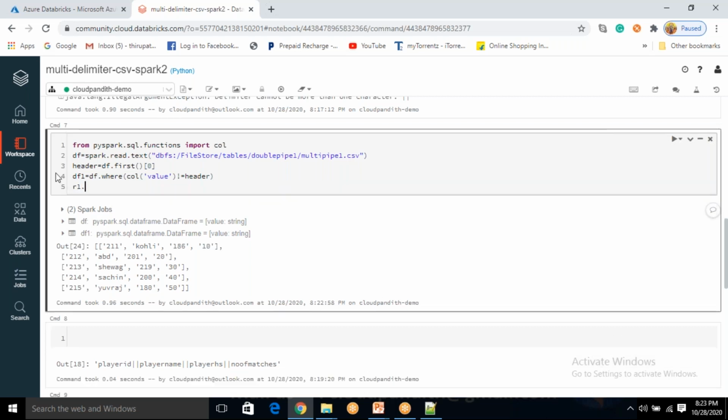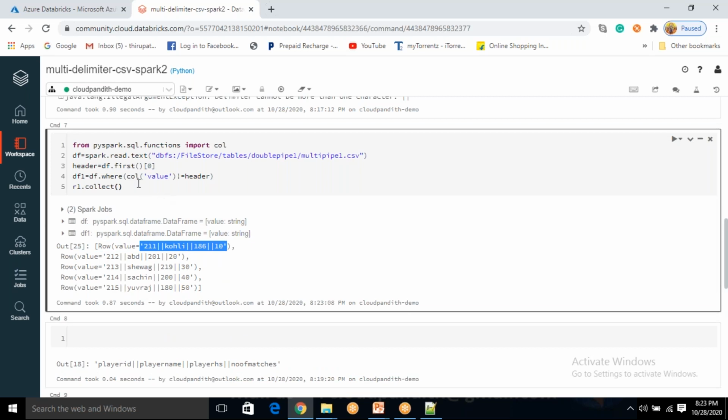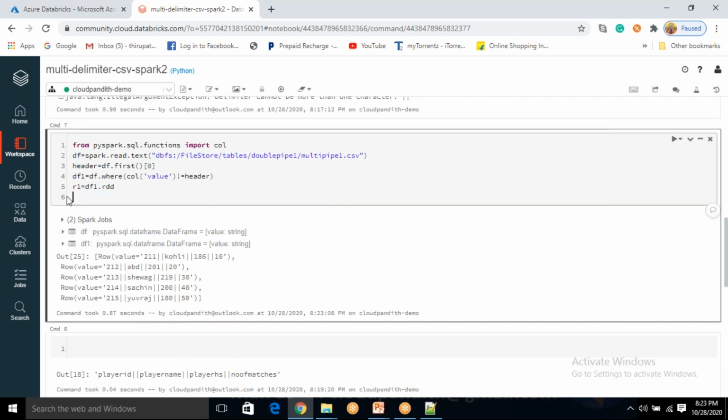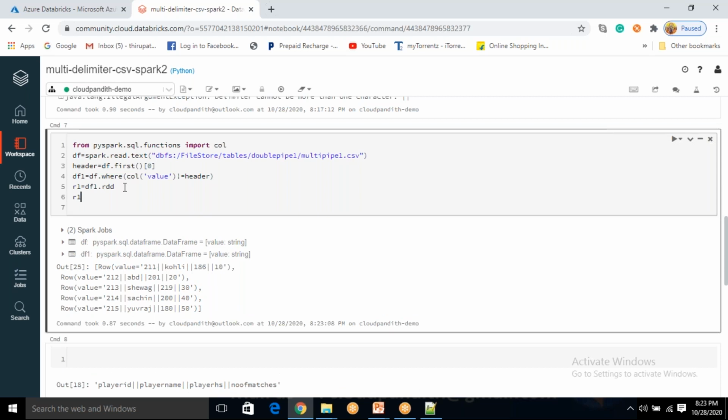Remove this r1.collect. If you remember, here I said first of 0, why? Because if I want to get only the value, in that x I just have to say x of 0. If you say that, you'll get only the value. Now I'm going to take this df1 and convert it into an RDD. Then I have to apply a map function. How come R1 is printed? Yeah, see, now these two I need to remove. So this df1 I converted into an RDD. Now R1.collect means whatever you are seeing down, that is the data you will get when you say R1.collect.